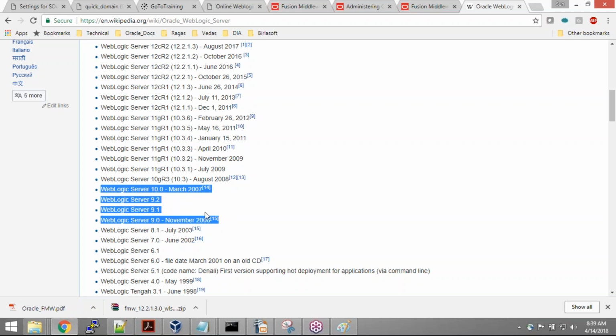and they gave the most stable release of the WebLogic server in February 2012. And right now we are here with 12.2.13, which is basically the cloud release. Since 2011 till now we have had these many releases, and this was